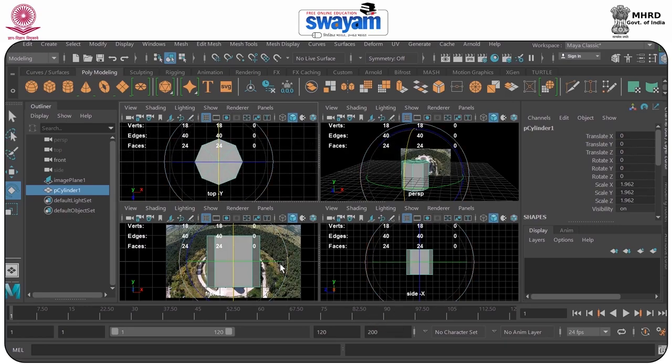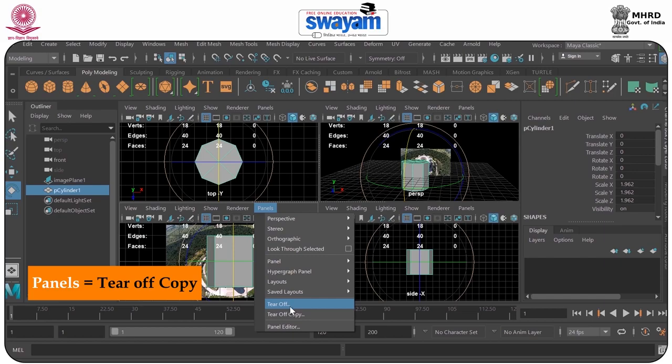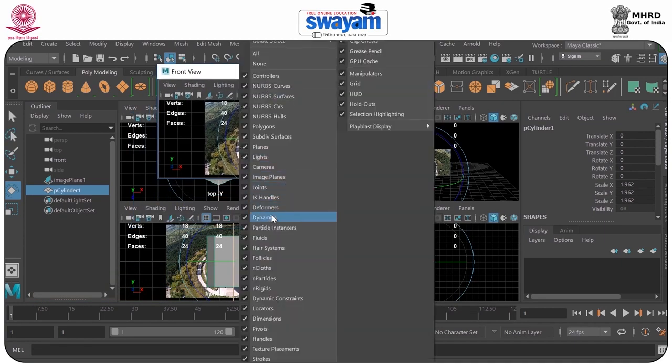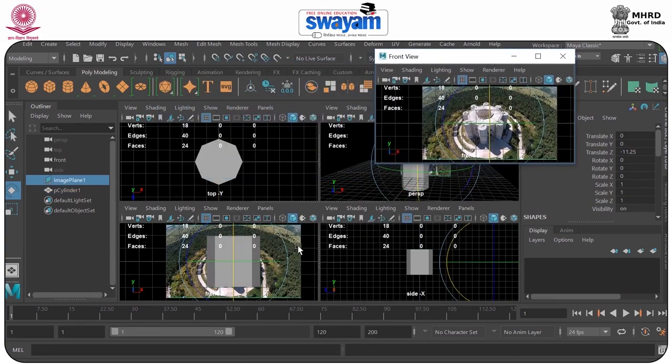So here you can see the reference is going to be hidden. So what we can do, we can use the panel and use the transparency or X-ray option here and hide the polygon from here. Now here you can see the reference is available. Fine.